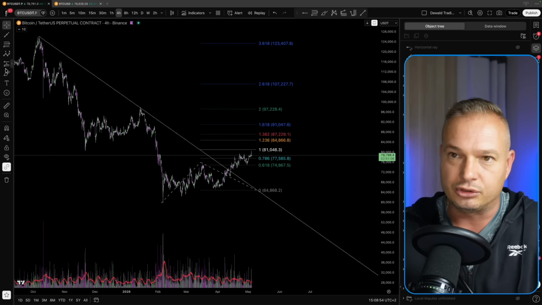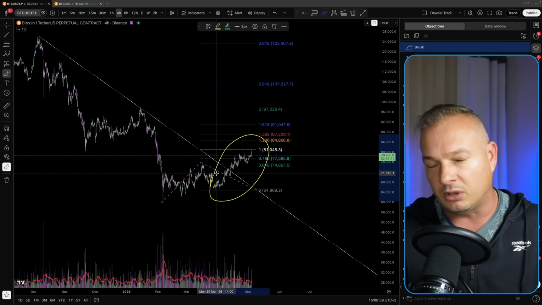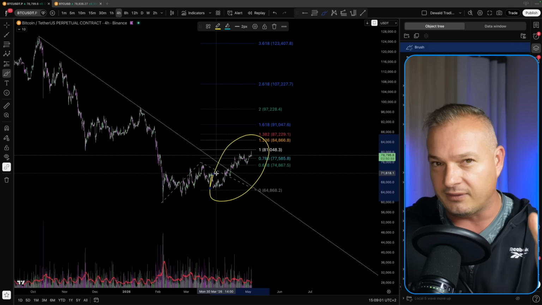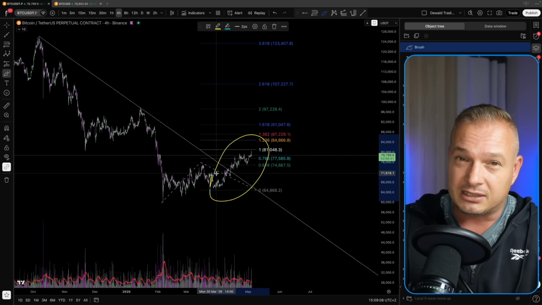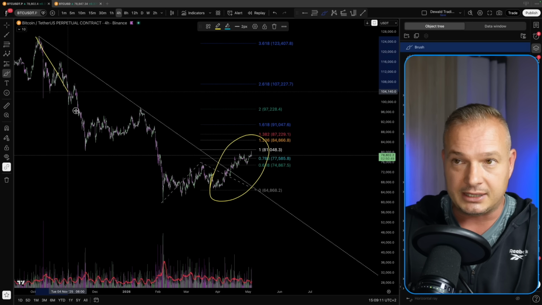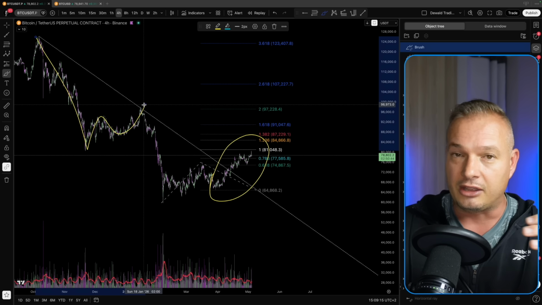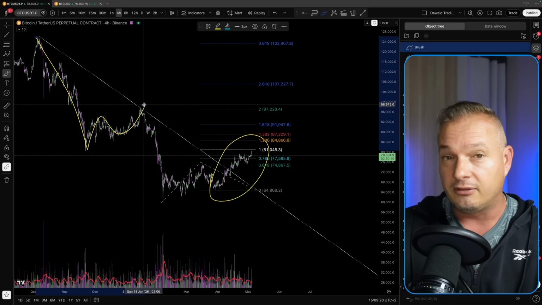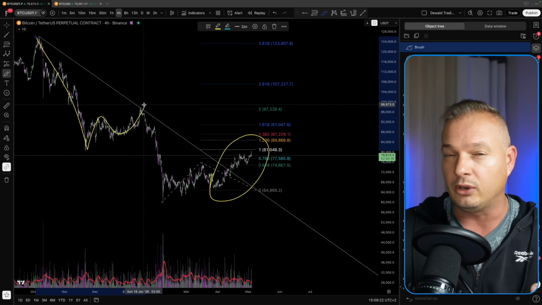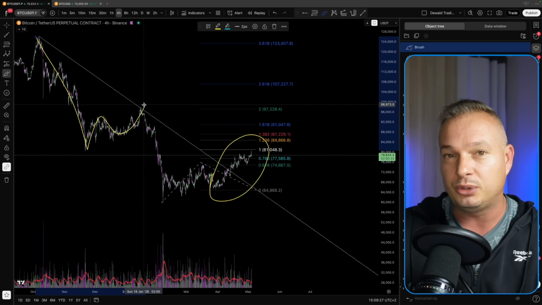Okay, so I will now zoom into this little local structure that is formed here to the upside and see what are the possibilities and the invalidations for the scenarios that I'm currently keeping an eye on. For now, purely based on technical analysis, momentum is still to the downside and the corrections are to the upside. And the bulls need to change the three-wave structures into five-wave structures for us to reverse the price of Bitcoin, or to give it a higher probability that the price could potentially be turning around.